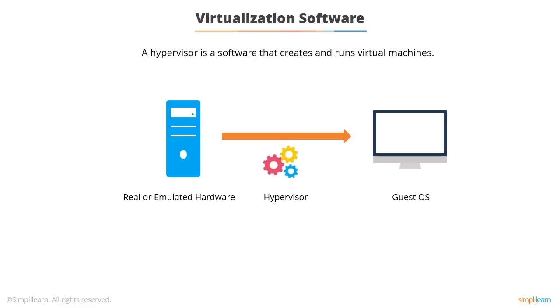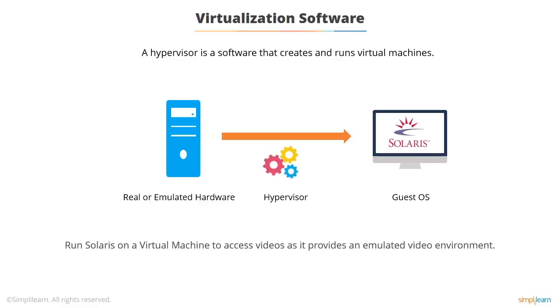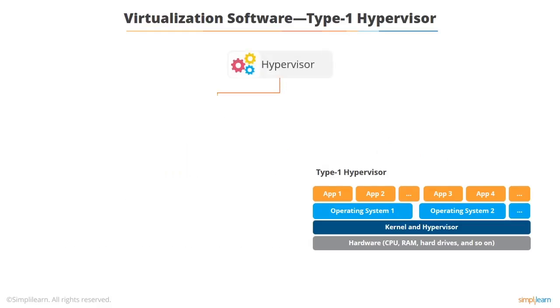One that I previously had very serious problems with was Solaris, in that running Solaris on a PC, it always had problems accessing the video, and it was a real nightmare to get it configured. If you run Solaris in a virtual machine, the problem goes away because the virtual machine provides an emulated video environment which you can easily configure Solaris to use. That's the advantage.